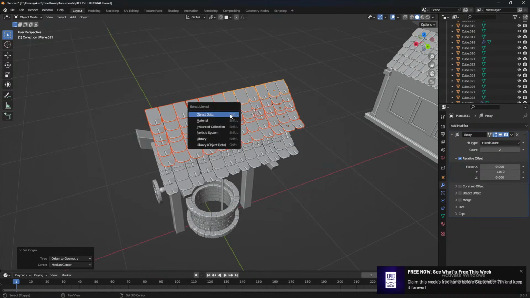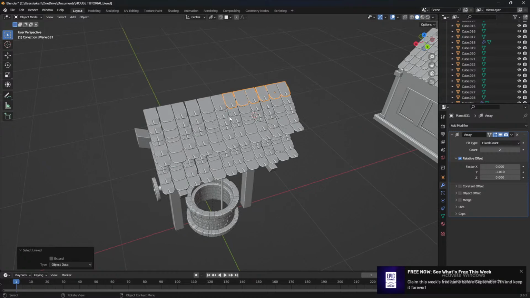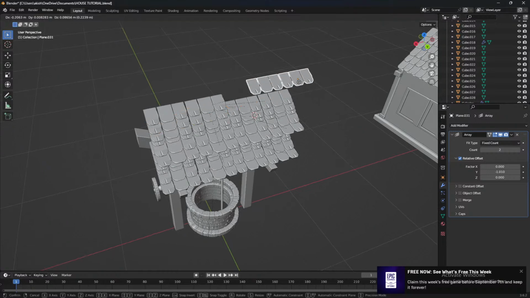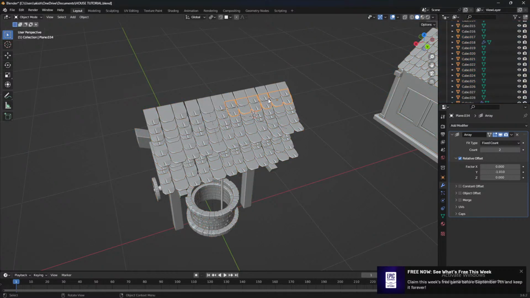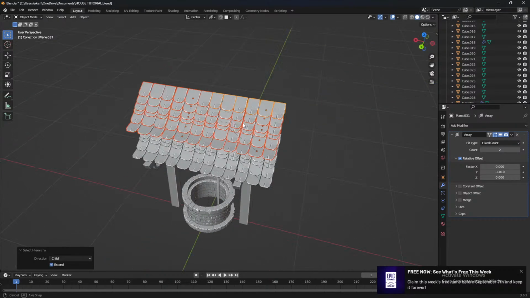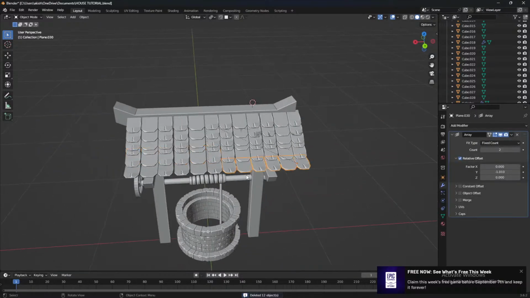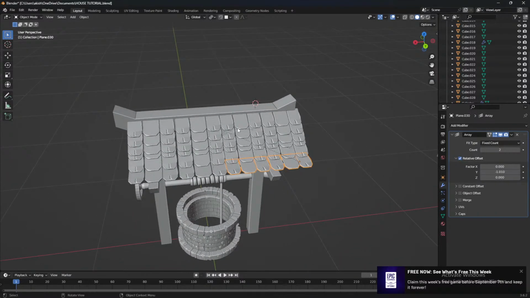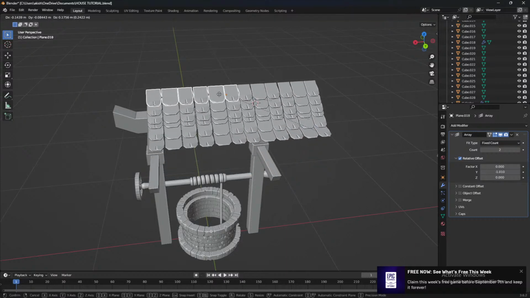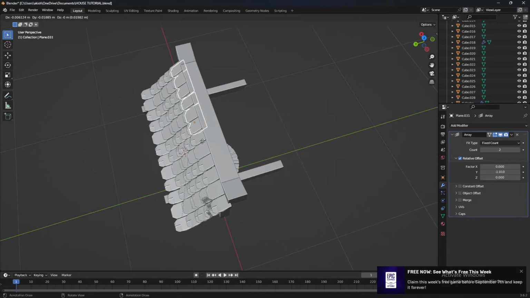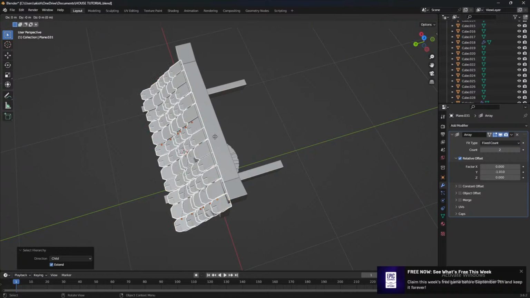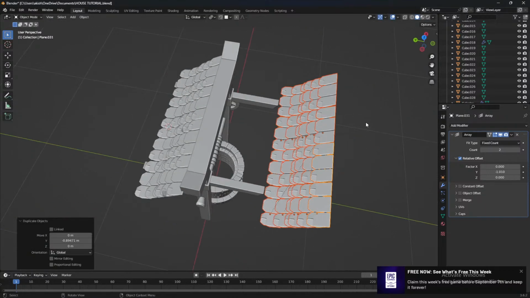Maybe link, just link this object data, and let's just select these objects, delete, shift D, select this, shift D and Y, bring it here, rotate,